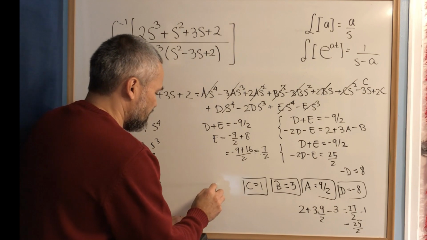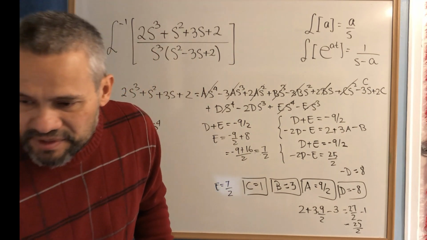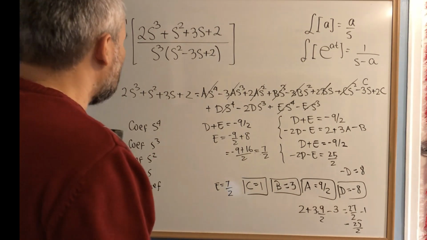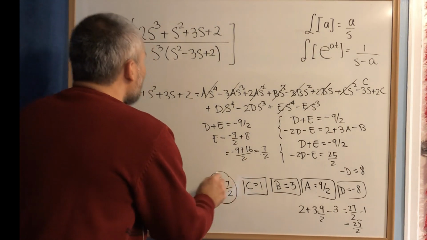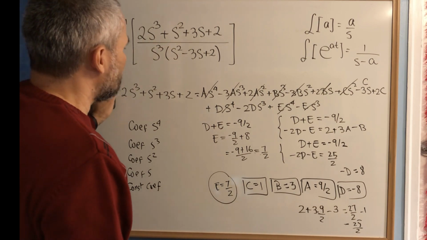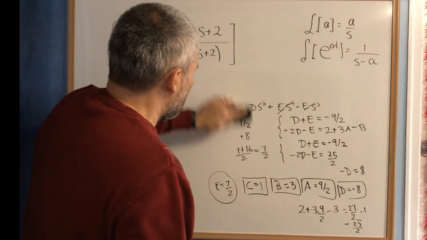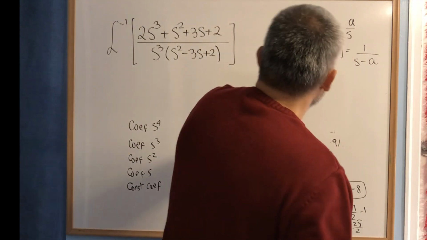That means that e is 7/2. Let me check that. Okay. That means that I have found the coefficients, and unfortunately I erased those, but let me just remind you, essentially